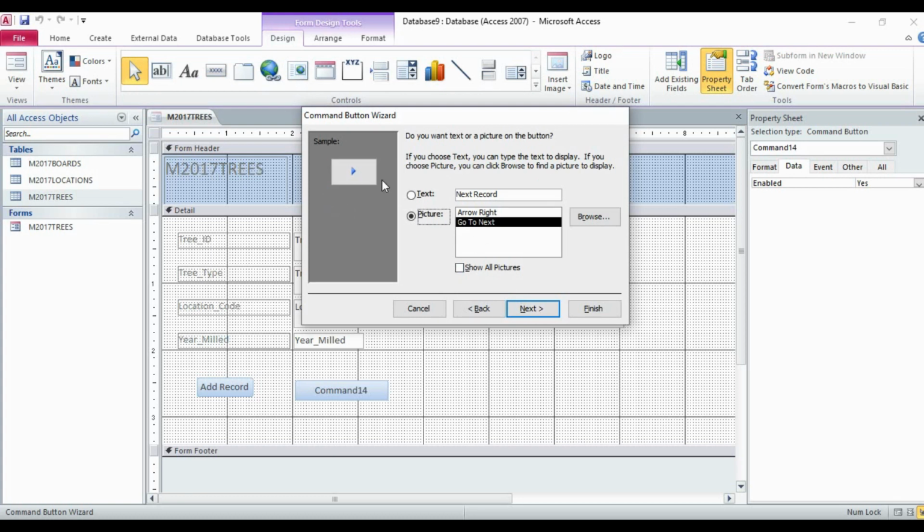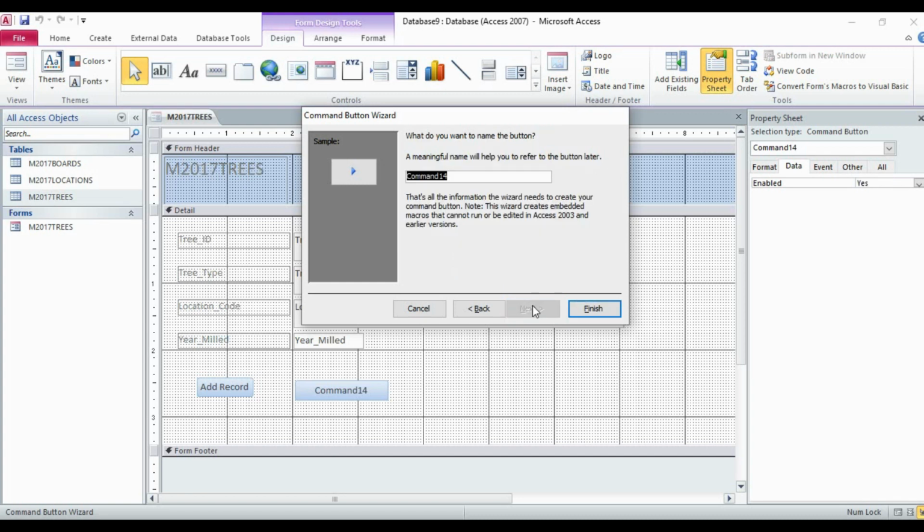Sample picture will be like this, but in case you want some other picture to be displayed instead of this image which is shown here in the preview window, then you can click on the browse button and use it. It can be any picture which you have downloaded from the internet, or which is already available in your system. So if I click here, show all pictures, I do not want show all pictures. If you click, go to new, you can see different pictures there. So I'm unchecking this. Now click on the next.